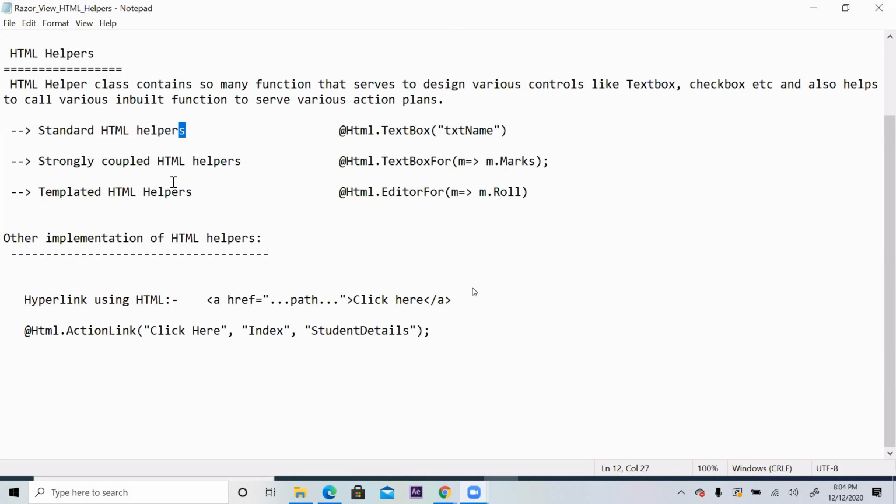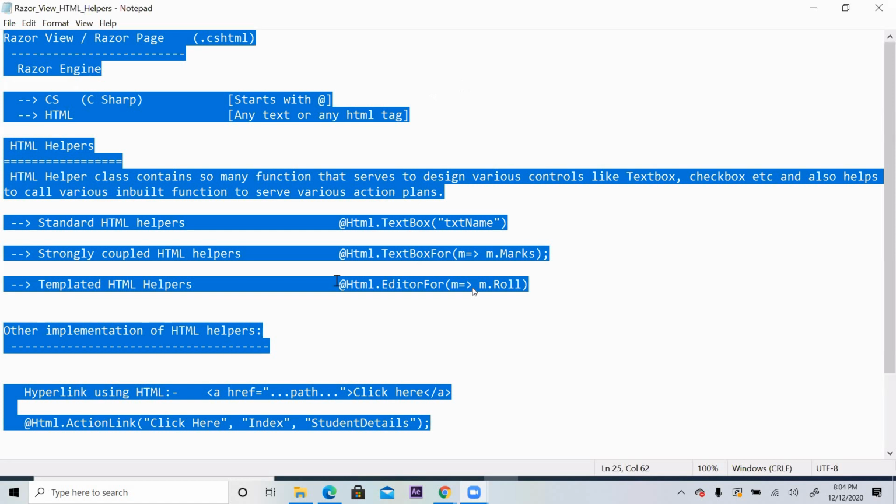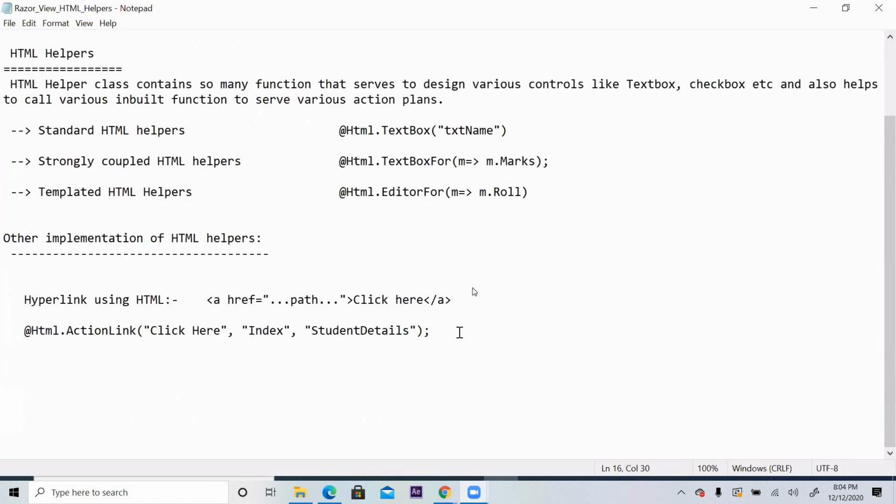Alright, so yesterday we saw these syntax, processes, how to use. We'll implement today. And one more thing we have to know is Razor View syntax.